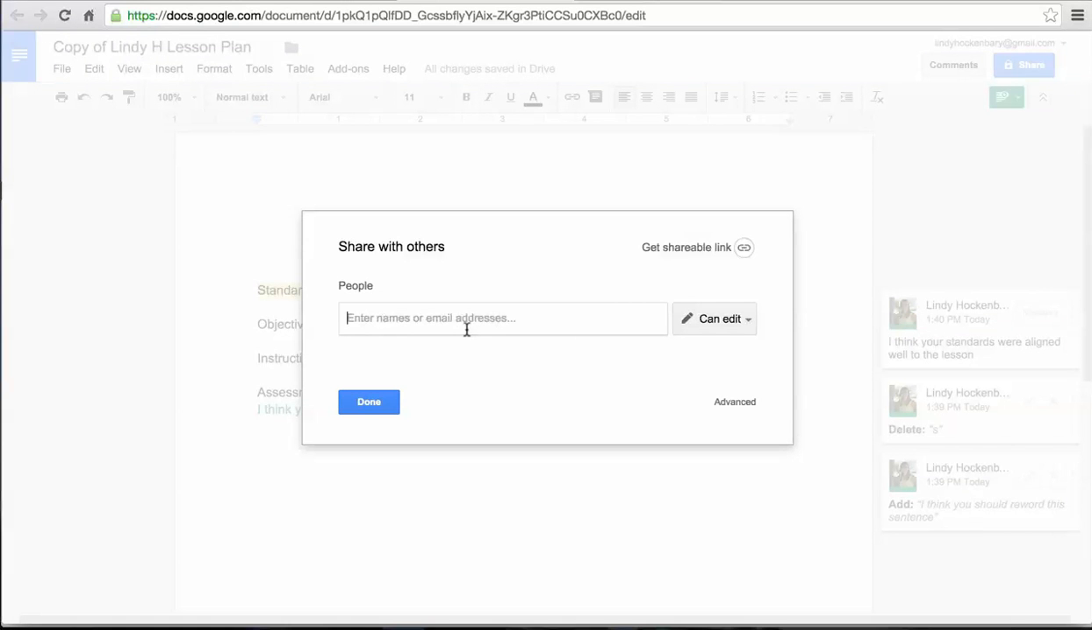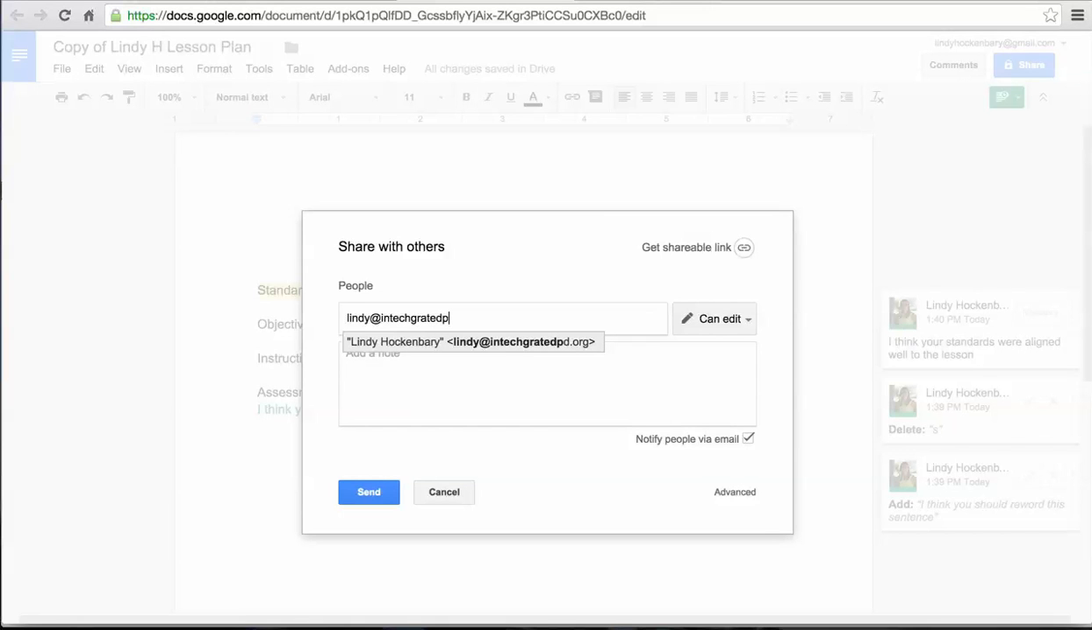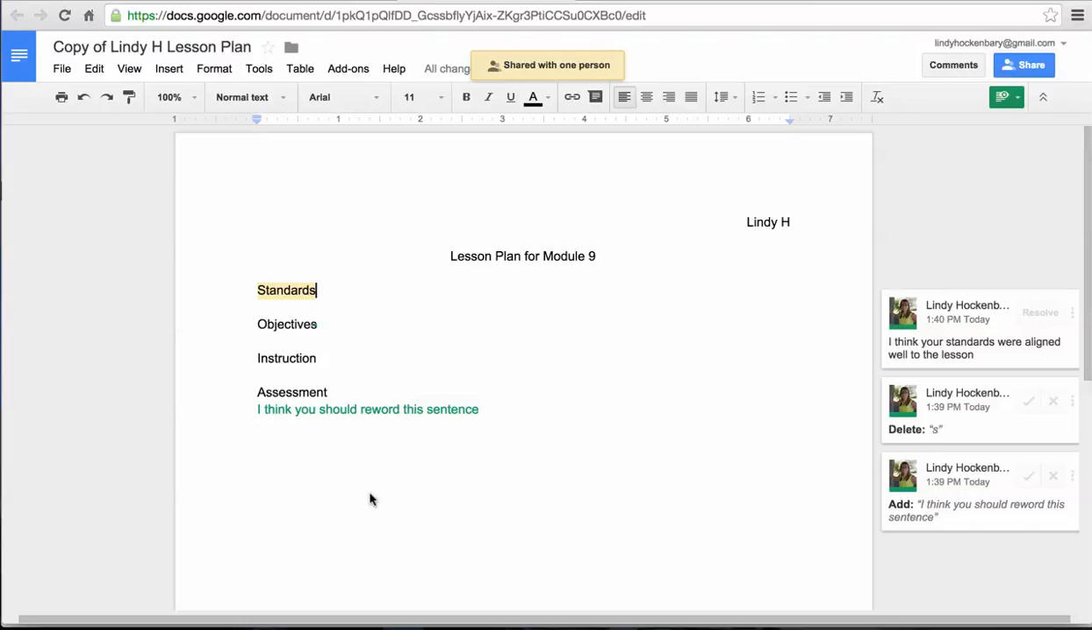And then what you're going to do is you're going to type both my email, which I've given you, and the email of whoever owns the document into this box right here. Okay? And I would give editing privileges to them. And then you're going to click on send. Okay? Now that has been shared with both me and the owner of the lesson, so we can view the